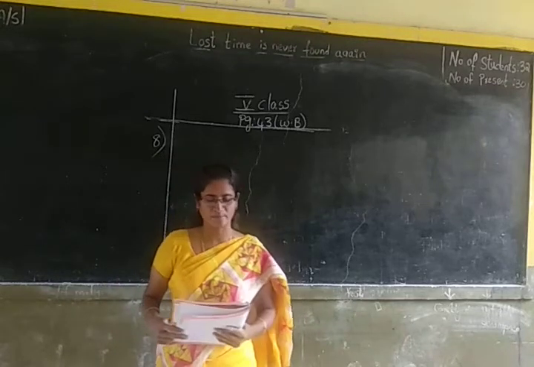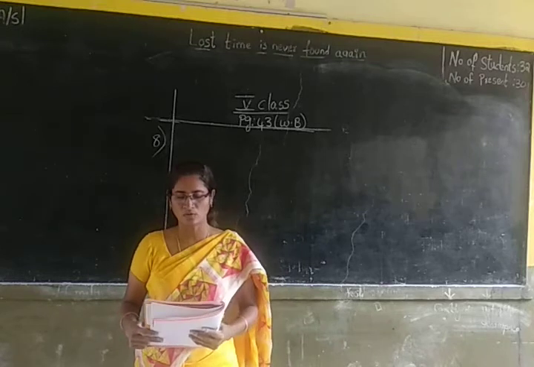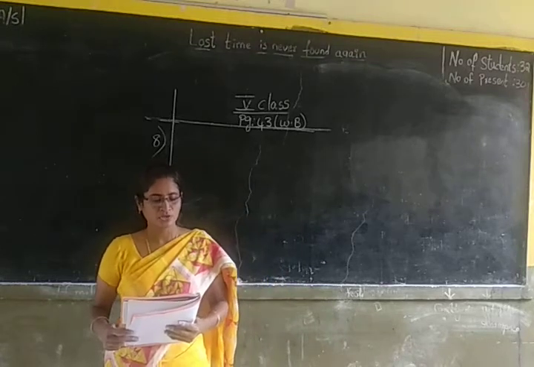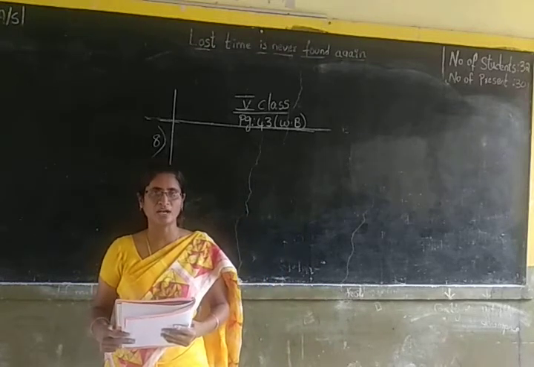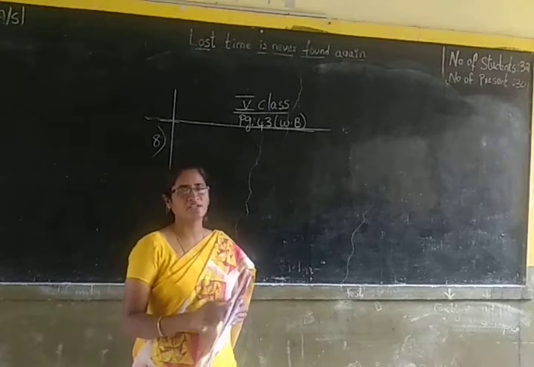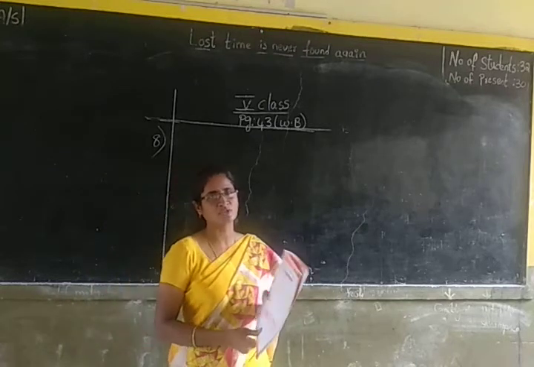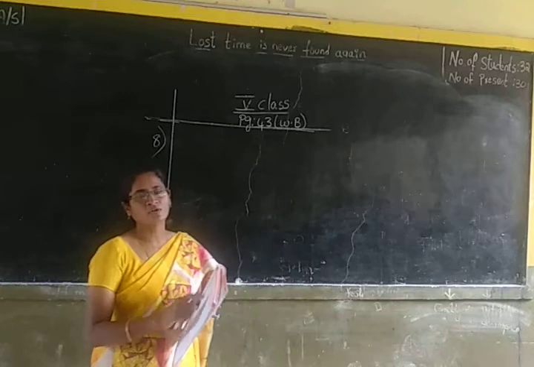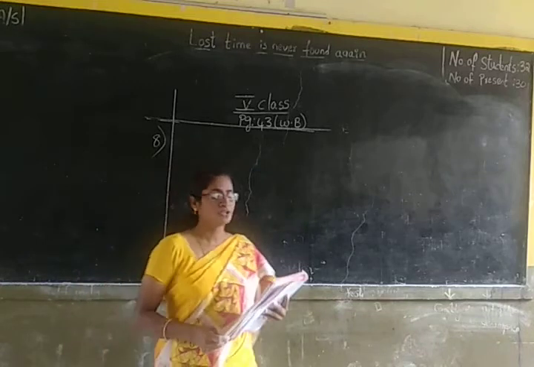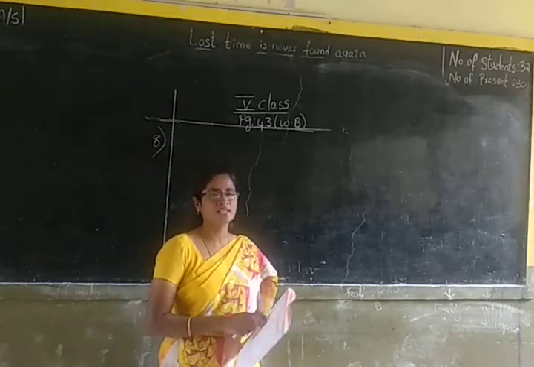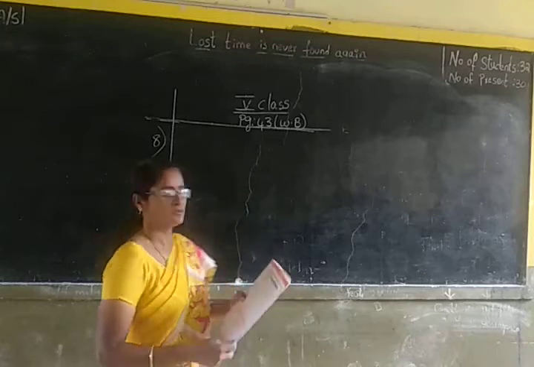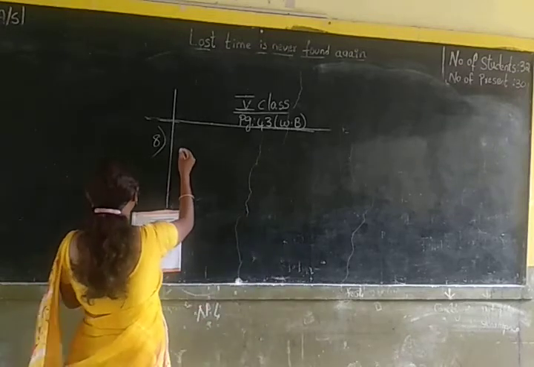Simplify the given expressions. Decode the code to get the secret word using the letters corresponding to the answer. So here there is a code given and we have to decode it. Okay children, by solving the sums we have to decode the secret word by solving the expressions given here. Okay children, let us do the first sum.